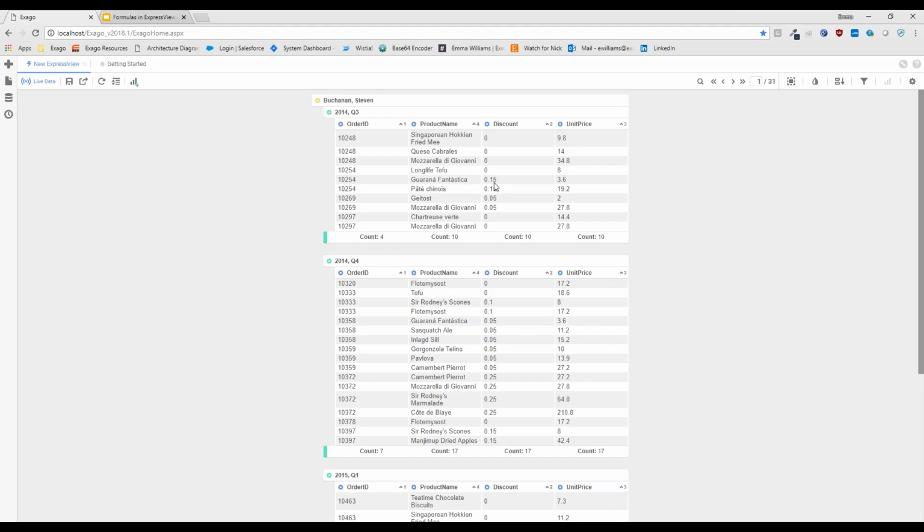For this product, the discount was 15% off, which means the actual price should now reflect the unit price with that discount applied. But currently the way I have my data on the canvas, it's not indicative of that, right? We have to do that calculation in our heads every time to understand what the actual price becomes.